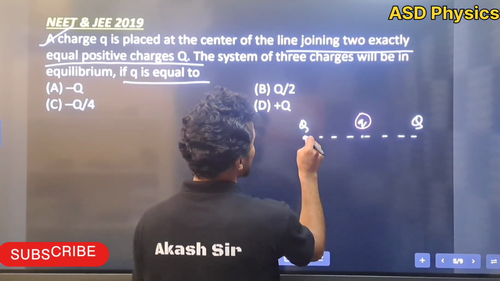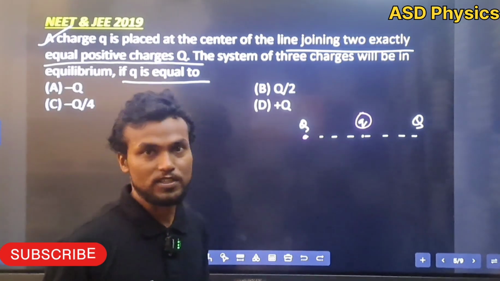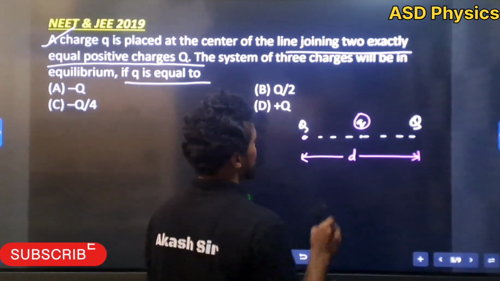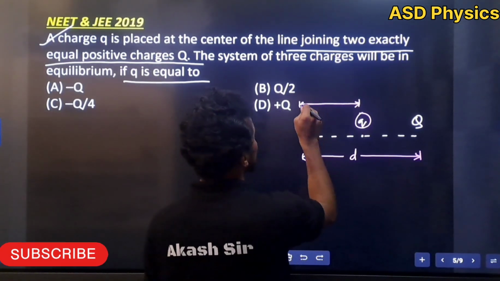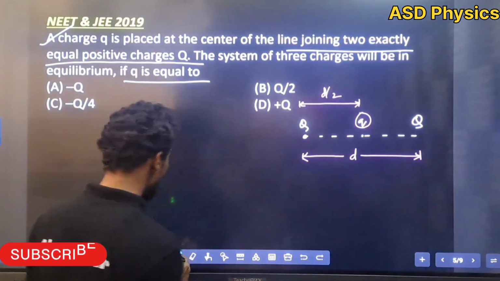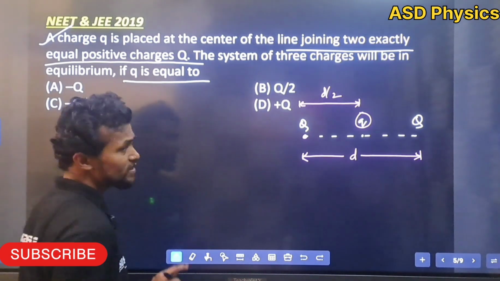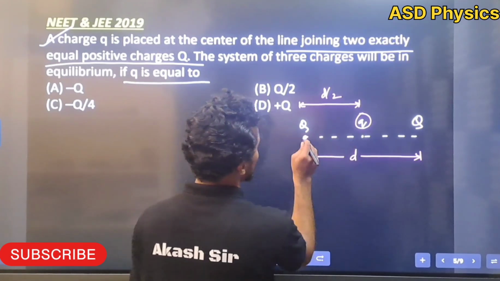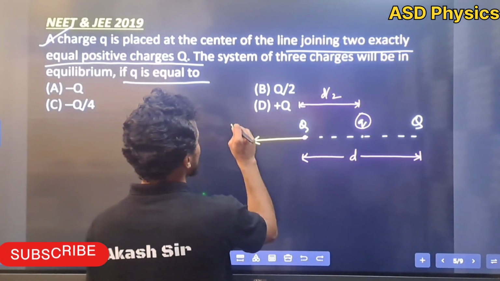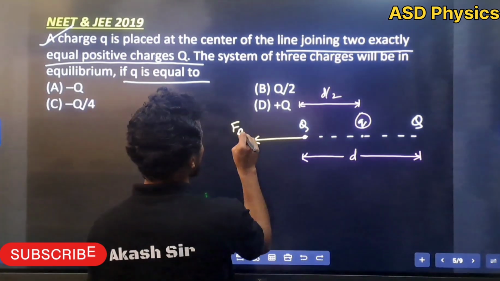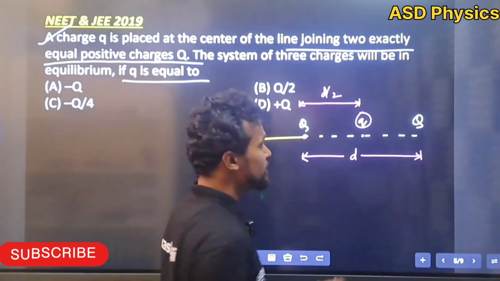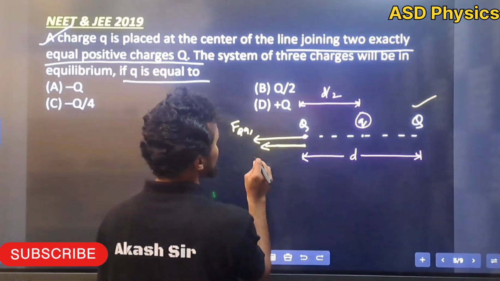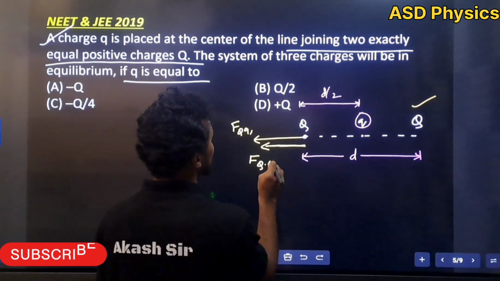Now what we have to do is make the force on this capital Q be 0. Let's check, students, the distance between the charges, how much is it given here? d. So this distance will be d by 2. Now let's draw the forces here. When we are solving the question, students, please make sure that all the charges we take as positive. So see here, force on capital Q due to small q, in which direction? This I will write as a repulsive force. So F on capital Q due to small q. Similarly, due to this charge capital Q, again I am telling, everything I am taking positive here, it will become force on Q due to capital Q.